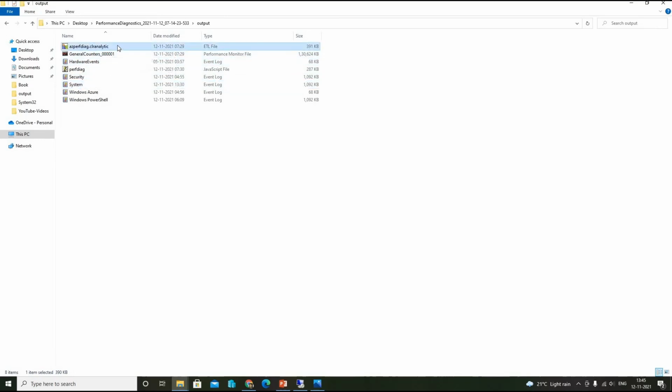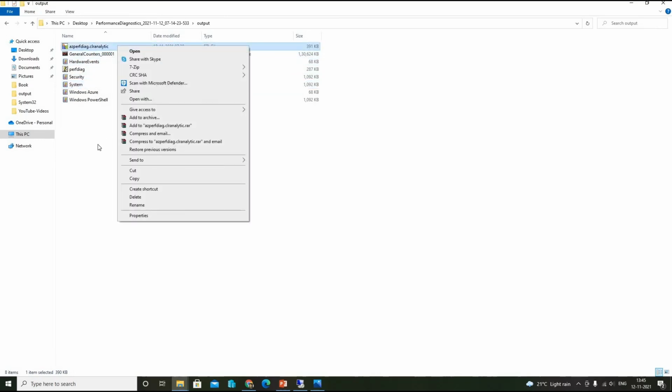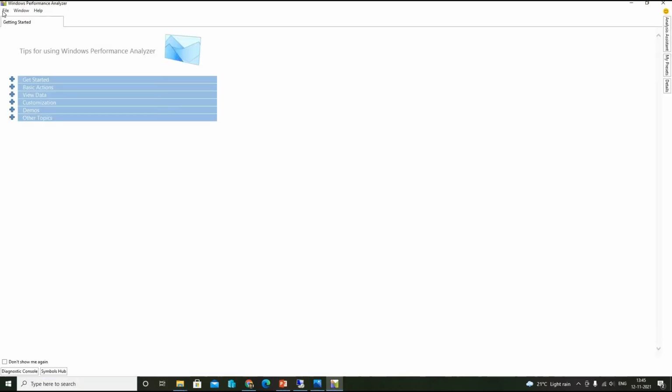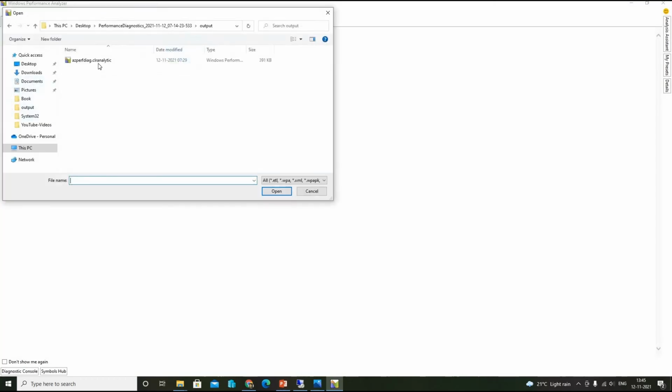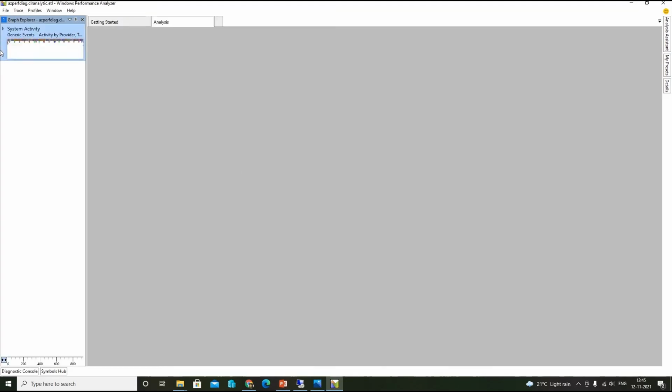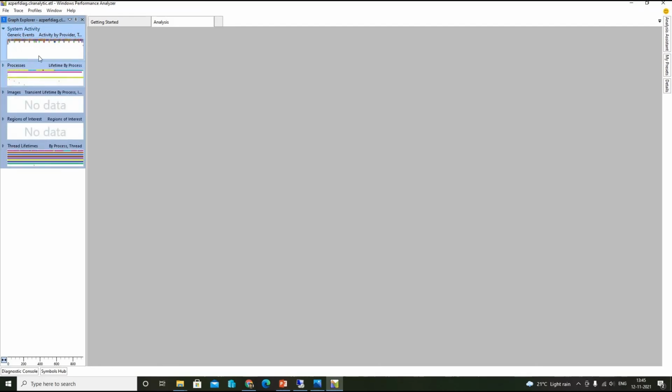Let's open the ETL file, and I have to open it in the Windows Performance Analyzer tool. Go to file, click on open, and select the file here, and it will open the file. It will open the system activity, and if you expand it, you will be able to see processes, images, regions of interest, and threads lifetime.